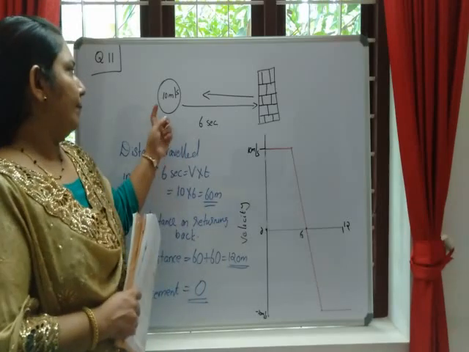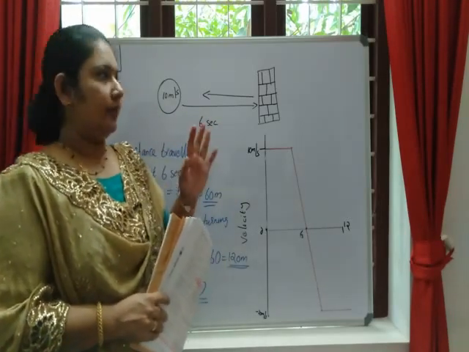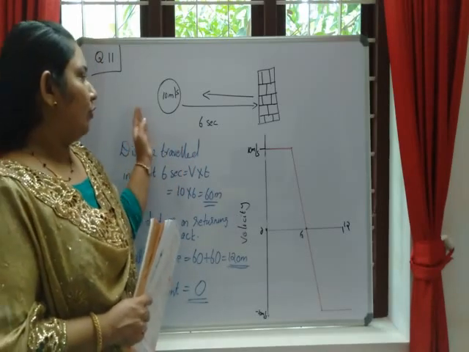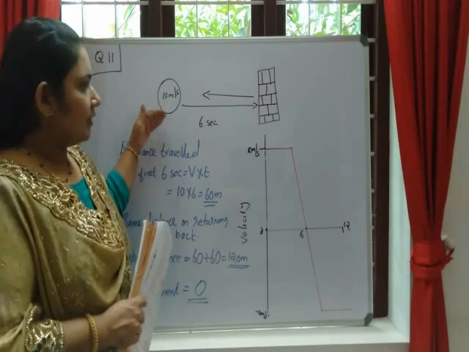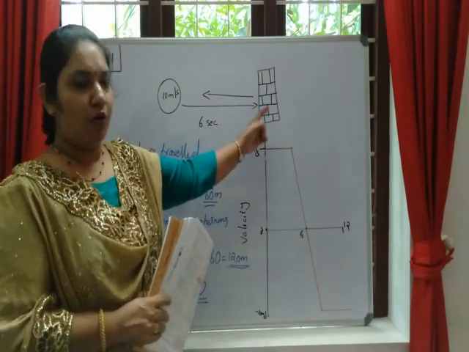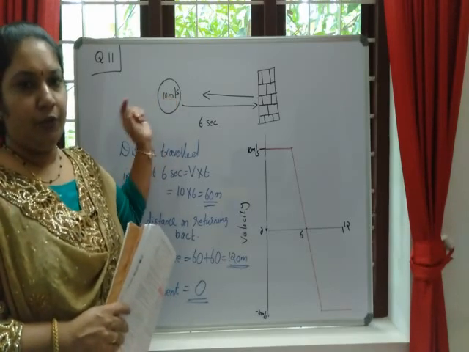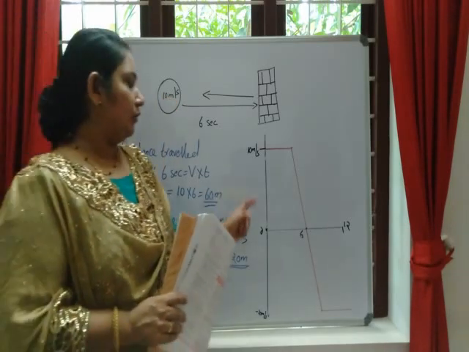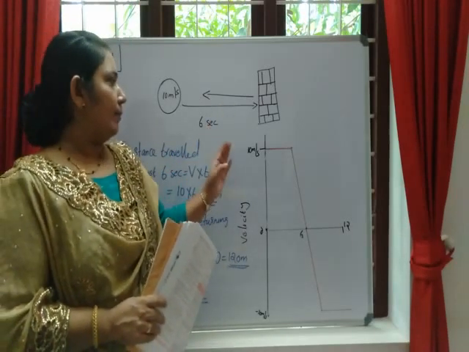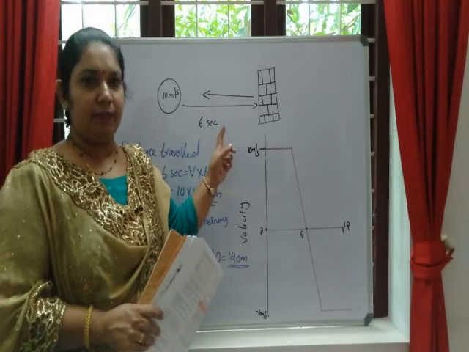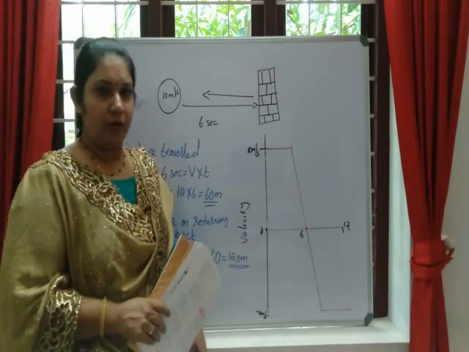So here a ball is moving on a smooth floor, we are just neglecting the friction, with a velocity of 10 meter per second. Within 6 seconds, it hits the wall and returns to the same position. You are asked to draw the velocity time graph. Here they only mention the velocity and the time at the 6th second and the return, so we have to take the negative quadrant also.